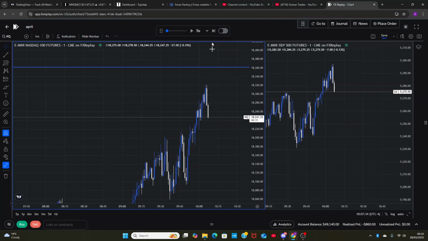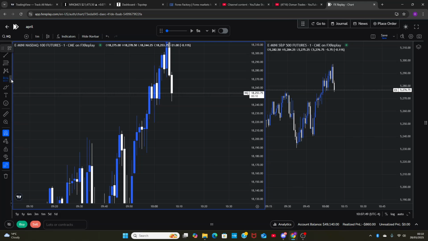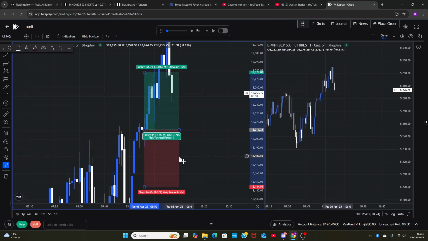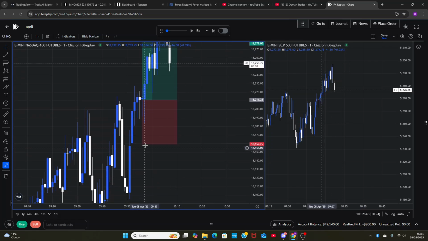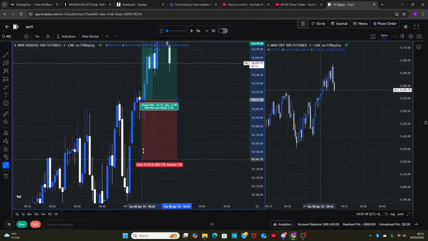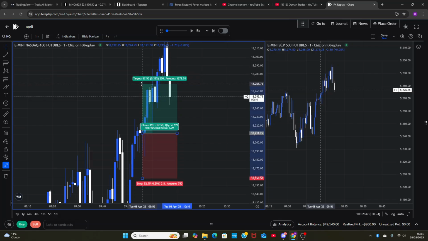So now, obviously, if you entered off these wicks, let's say you didn't expect the wick to do like 5 times. Let's say you entered off this wick, or this wick. You put your stops below here, or to be safe, you would put it here. But that's such a big stop loss for no reason. You could put it here, and once price does that, you target your 50, but you can target more